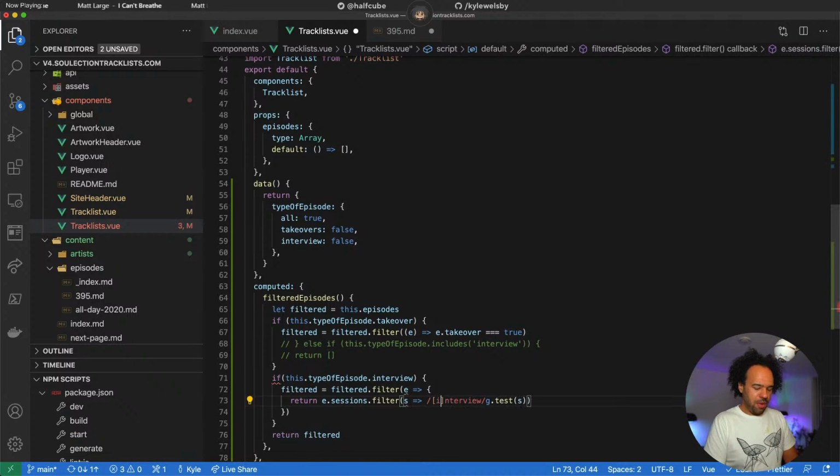I'll probably wrap this with uppercase, lowercase. Actually, I think in a regular expression we can do global case insensitive. Save,